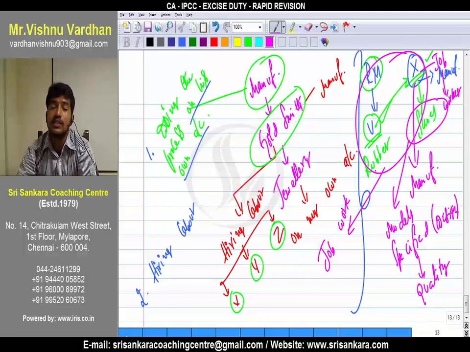What is meant by job work? If any person is supplying raw material to some other person and getting his product manufactured by that person, then this process is called job work, and the person who is carrying on job work is known as job worker, and the person who is supplying raw material is known as principal manufacturer, not manufacturer, principal manufacturer. Now in this case, the person who is carrying on the job work is known as manufacturer. But there is an exception, if the principal manufacturer Vishnu,